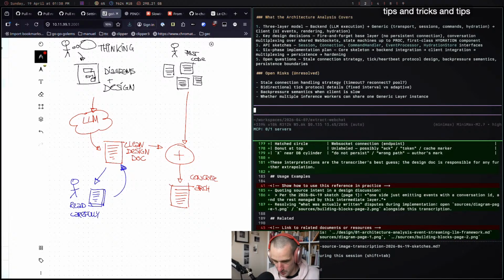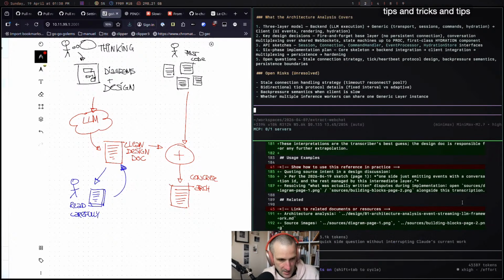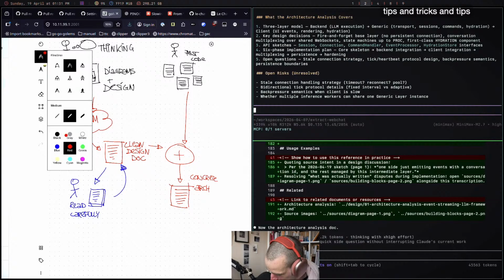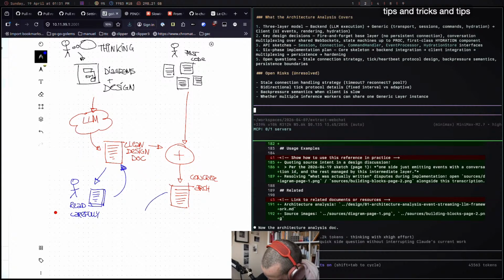Because now it will say, well, there's old code that maybe I can reuse, there's stuff that I need to add, maybe we should organize a package like this. I hope that it will find all these coding styles and coding guidelines from my past projects. And it's going to weave all of this together into a concrete architecture document, which I will then, again, read on my tablet carefully.